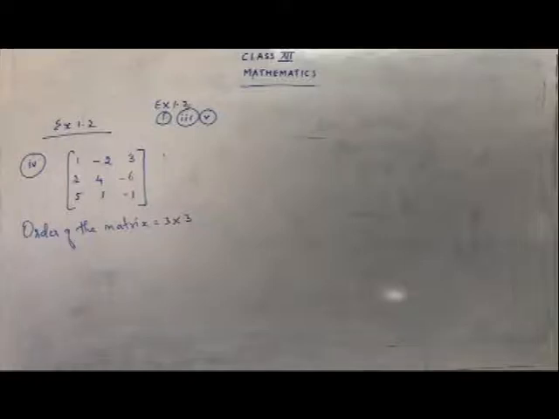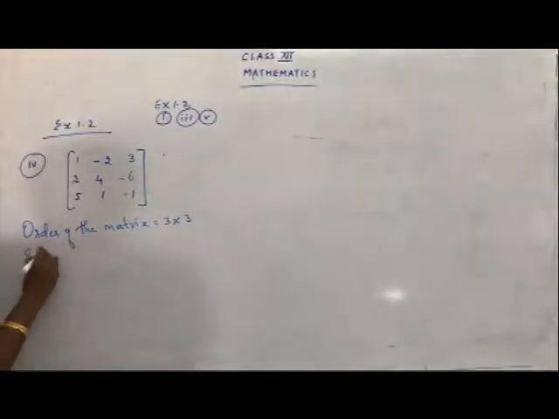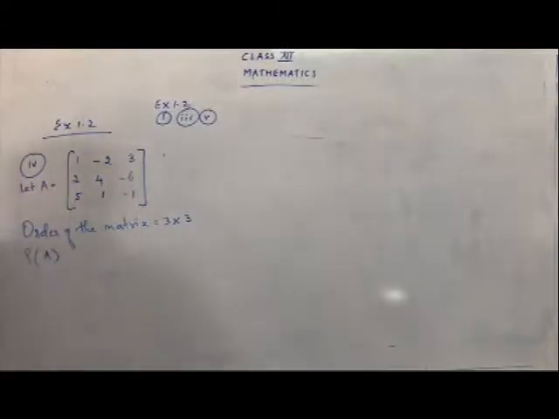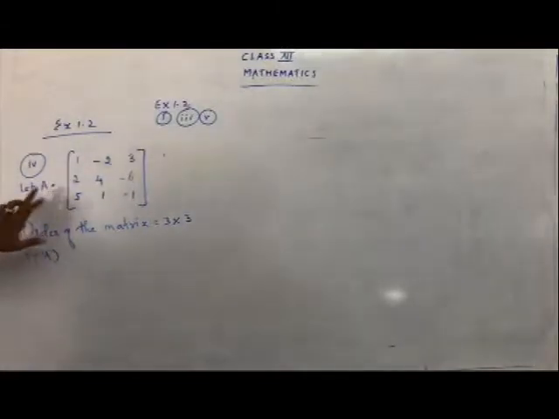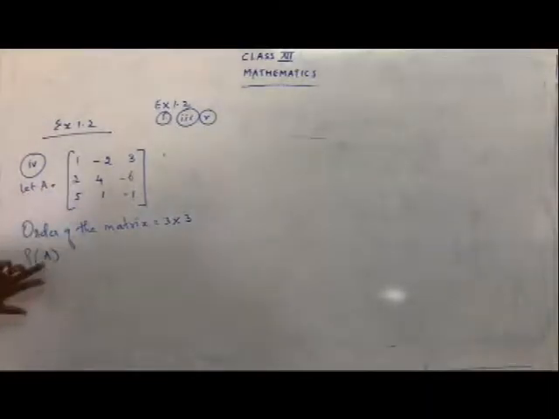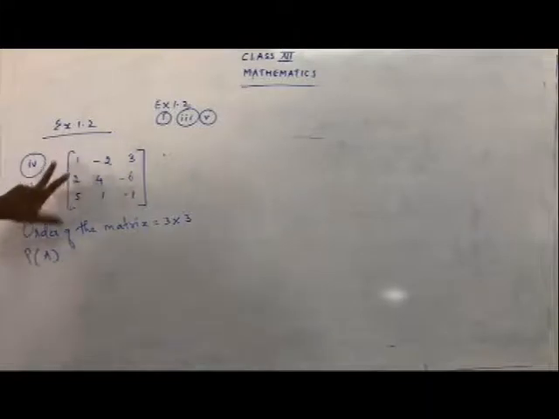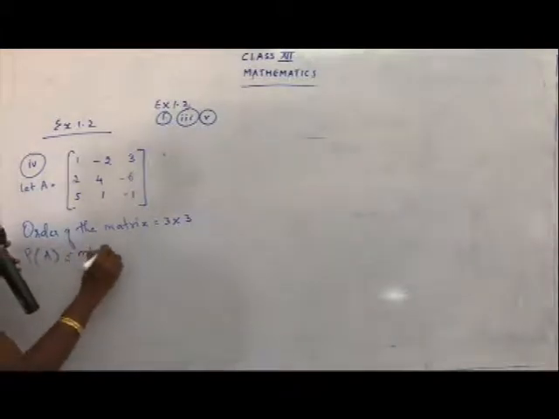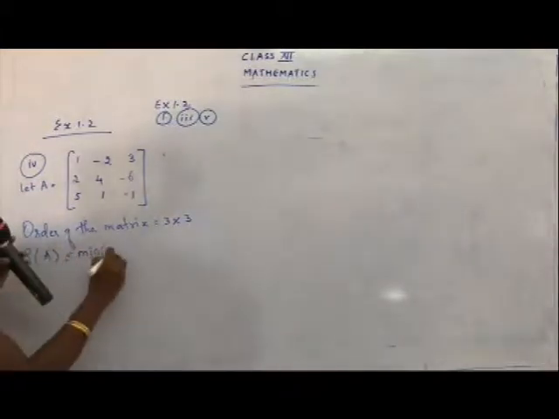You are going to write down the definition for the rank. How will the definition be written? So rank of A. First thing we have to name the matrix. I'll mention in the question part itself, let A is equal to 1, minus 2, and so on. If I take it as A, then only I can put A here. So you have to take the given matrix as A. So rank of A is less than or equal to the minimum of m comma n. It's 3 comma 3.